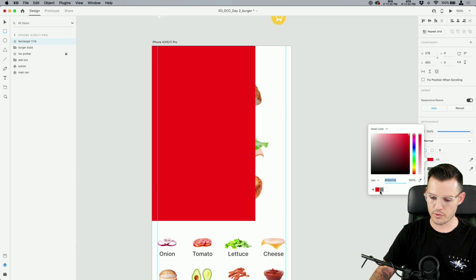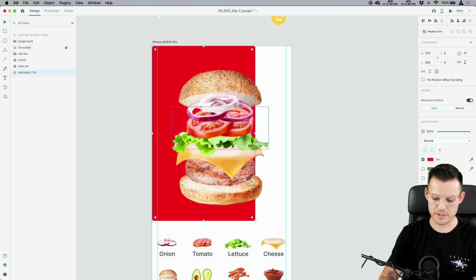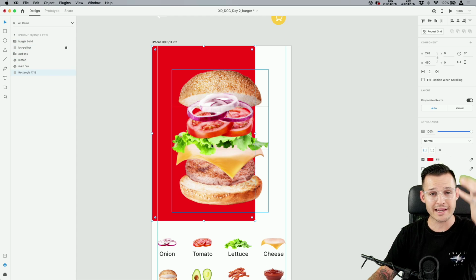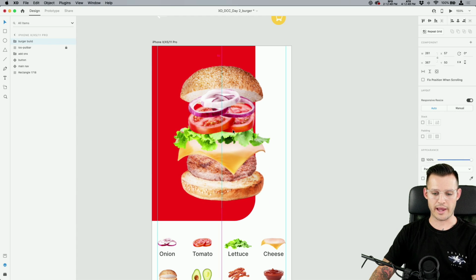I'm gonna fill it with a nice kind of punchy red color. I think that'd be fun. This is the color we have for our brand, quote unquote. Let's go back. We're just gonna press Command or Control and the left bracket to drop it down to the back. And I'm gonna hold down the Option key and just drag in this side so I get the edge. I like that little overhang. I like the play there.